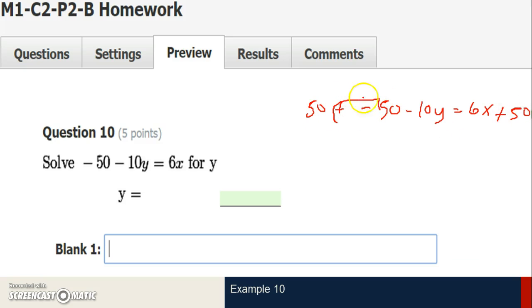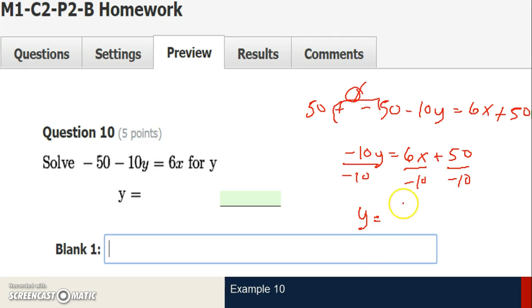These are going to eliminate to 0, but we already knew that, so what's left on this left side is just a negative 10y equals. These are not like terms, and they're already in standard form, so I don't need to do anything here. And now my last step is to divide by negative 10. I'm actually going to do this individually now because I know that one of these is going to be able to be simplified, so I'm left with y equals. I'm not going to simplify this. I'm just going to write it as negative 6x plus 10, and 50 divided by negative